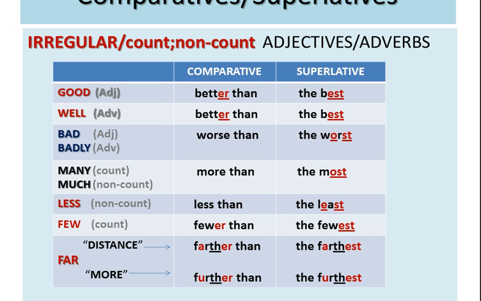And the word far, which is a victim of our not being able to pronounce the regular form, becomes farther than, and the farthest, and further than, the furthest, for something that is not measured, that is not distance. So farther for distance,